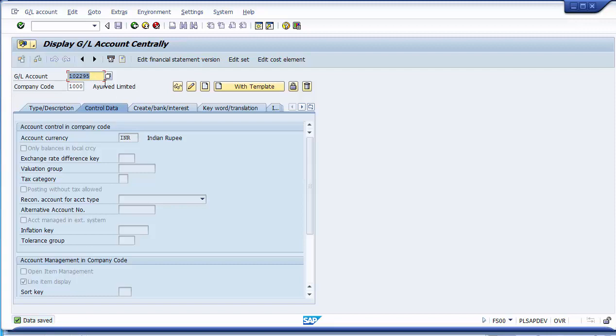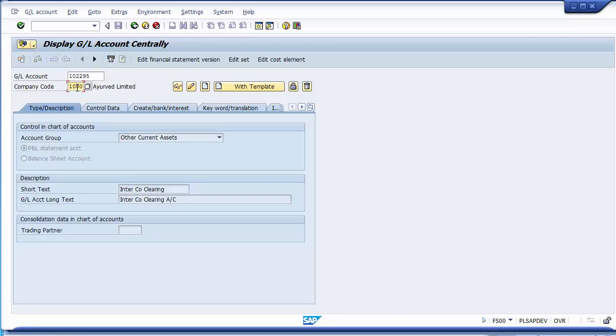So we have created 102295 in the company code 1000. Now we'll be creating another clearing GL in the company code 1200, which is the other cross company code for us. So suppose I take another GL as